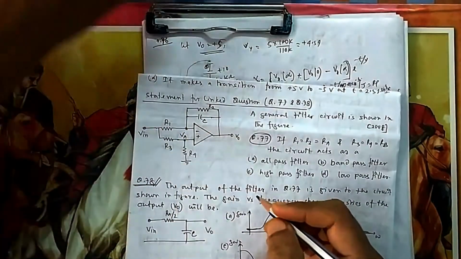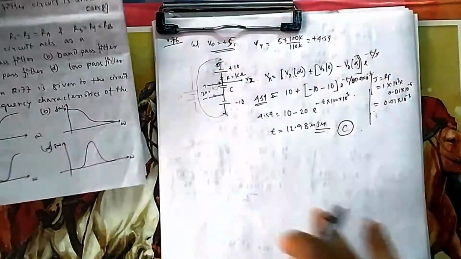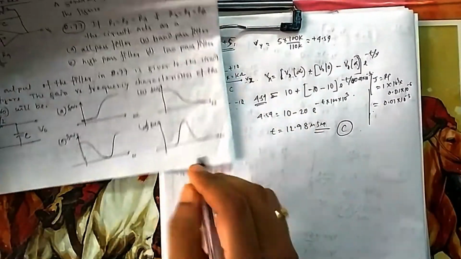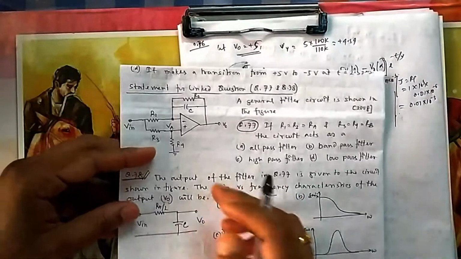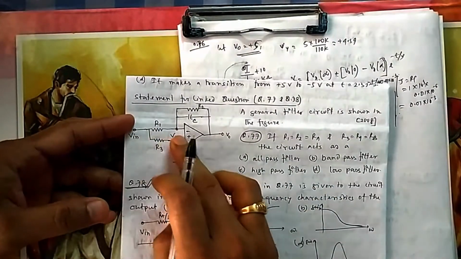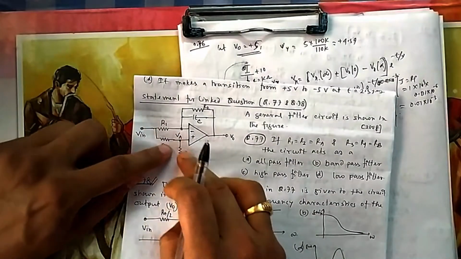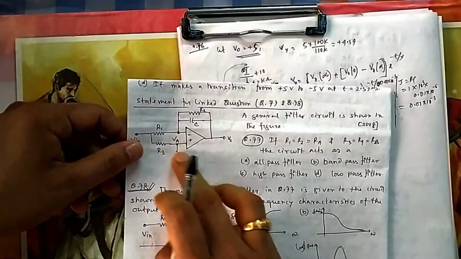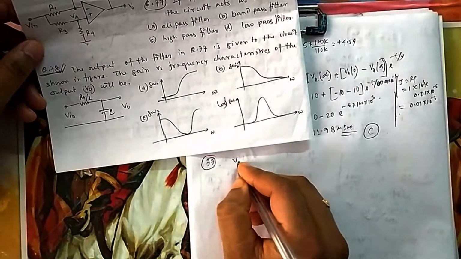You can take nodal and find that. And finally when you put omega equal to 0 and infinity, you will get whether it is low pass or high pass. Okay, so what will be VA? Initially these resistances are equal, so it will be half. So VA will be half of Vin. You can see Vin is divided across two resistances, both the same. So your VA will be simply Vin by 2. So no need to take nodal here.